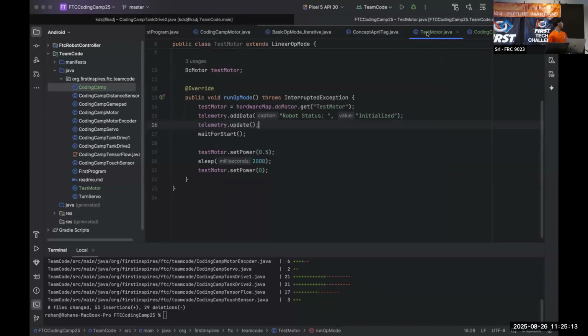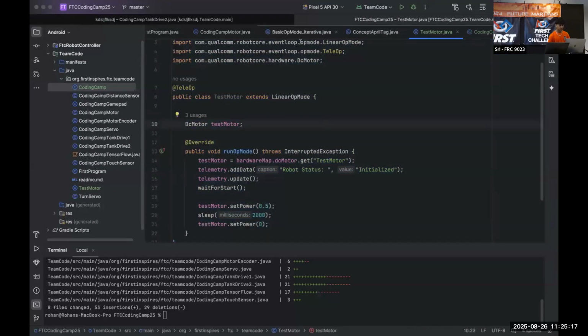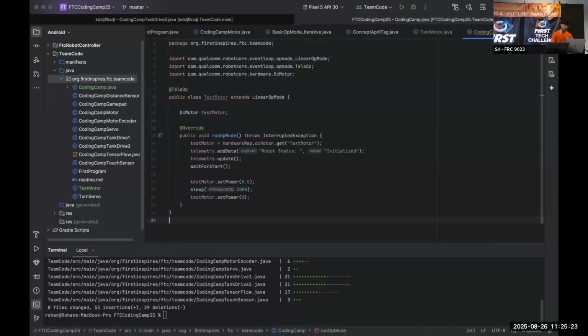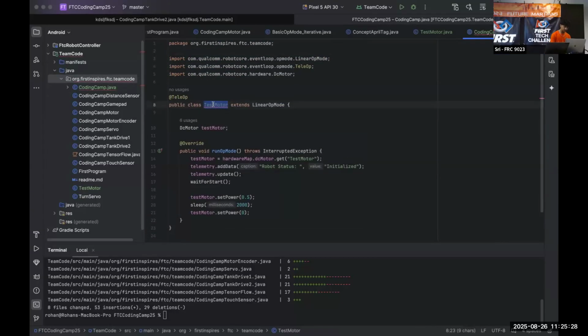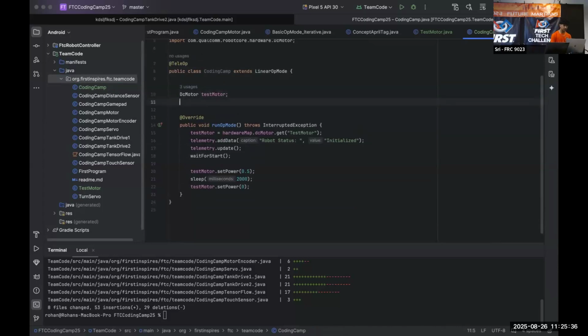But actually, we're just going to copy paste all our code from test motor and put it into this new class. That's because we're going to need the motor for a later demonstration with the distance sensor. So when you paste it, just make sure you change the class name back. All right, so the creation of a servo object is really similar to the DC motor. You can just create